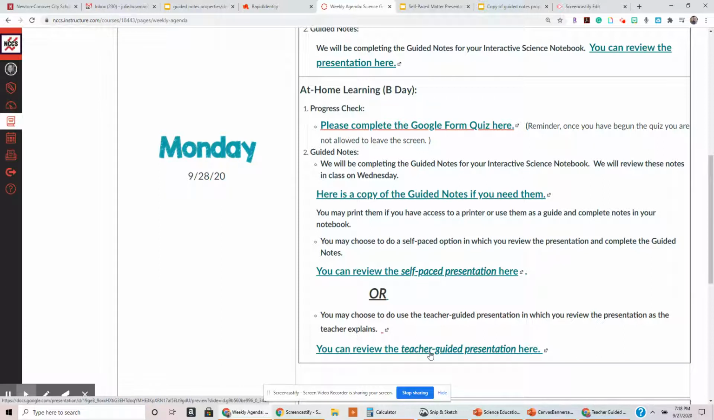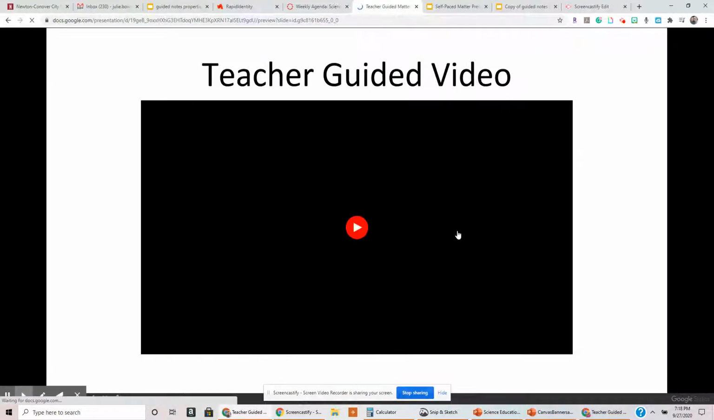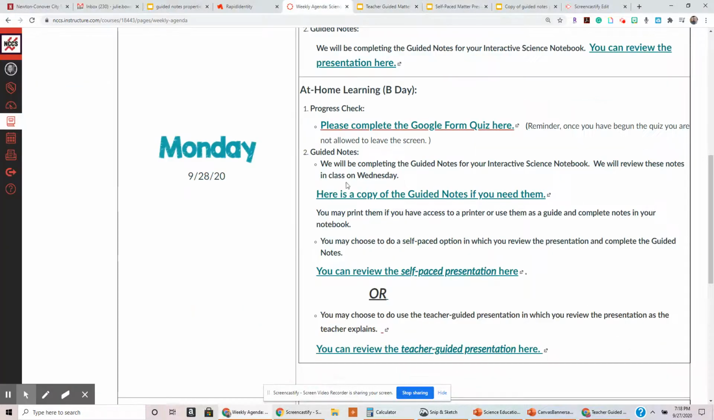It is a preview as well, but when you open this presentation, what you'll notice is it's the same presentation, but the second slide is a teacher guided video. And so when you hit play, it will walk you through all of the presentation so you can take notes on it. It's also a good resource to come back to. Okay, so make sure you are taking the time to do both the progress check and the guided notes for